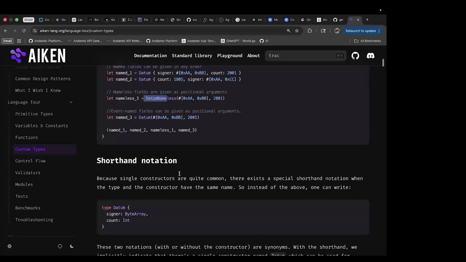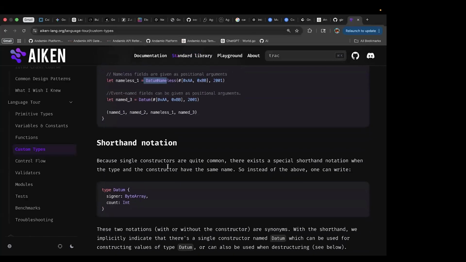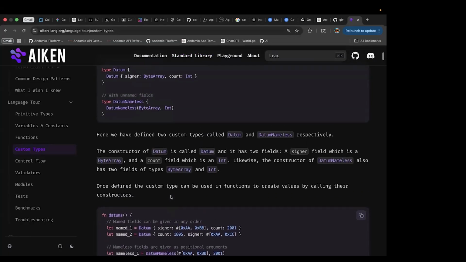Okay, perfect. Shorthand notation. Because single constructors are quite common, there exists a special shorthand notation where the type and the constructor have the same name. So instead of the above, one can write this. So you can directly do this, and that's what we normally see. Actually, most people are using the shorthand. Unless